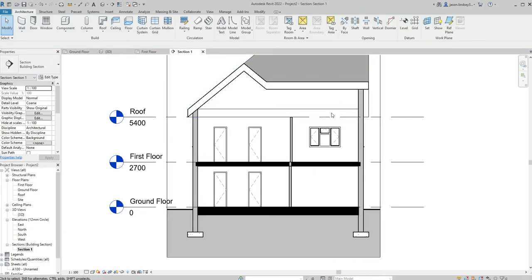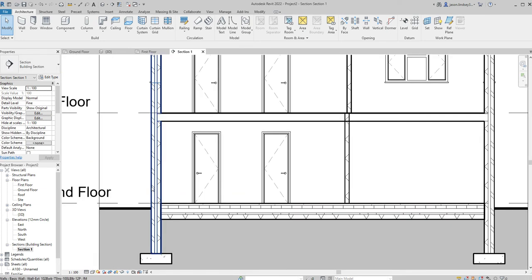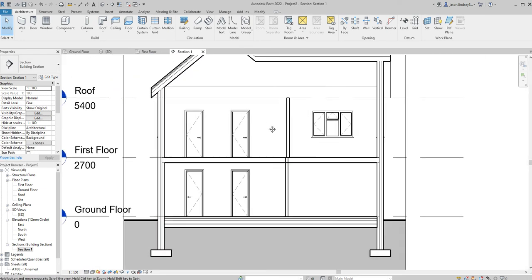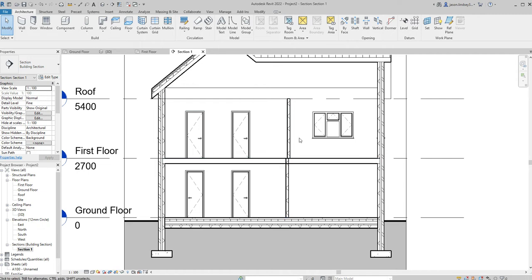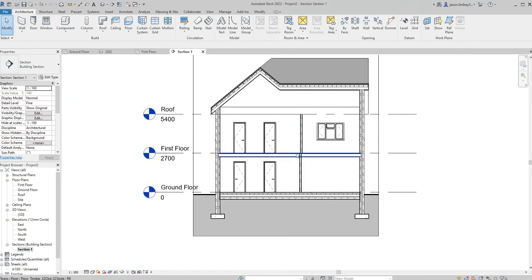At the moment, the level of detail is very, very low. We can change the level of detail on any drawing down here in the left-hand side at the bottom here. So we've got our scale. This is currently drawing at 1 to 100. We could change that if we wished. The box next to it, this one here, we can change from coarse, medium to fine. So if I place it into fine, we can now see we've got this hatching, and it looks a bit more detailed. So with this section, we can now look at various different things, heights of floors, heights of doors,